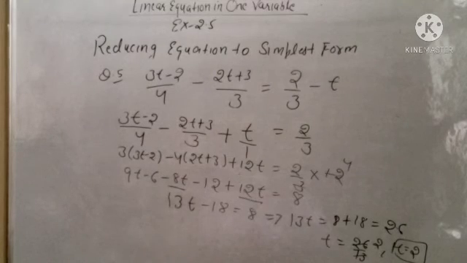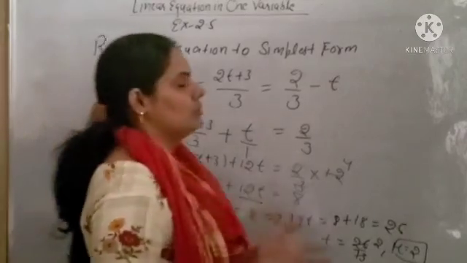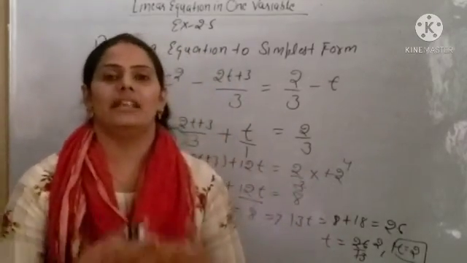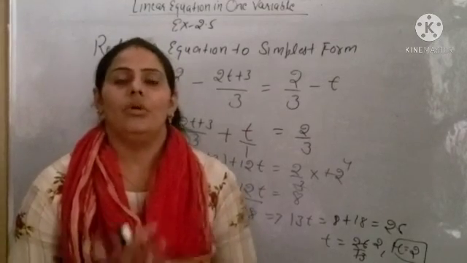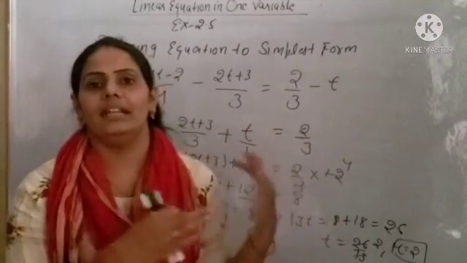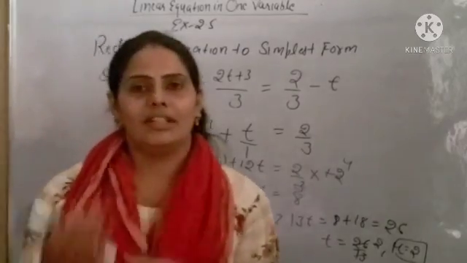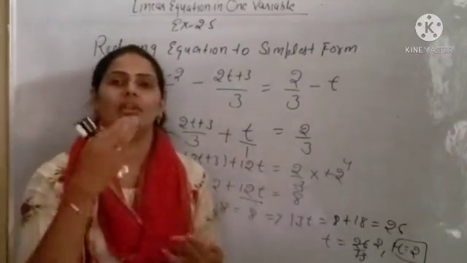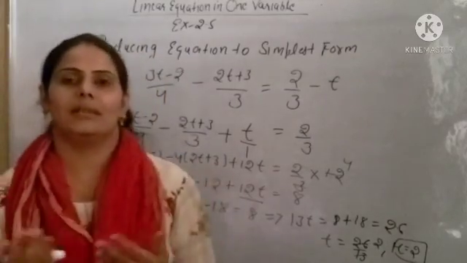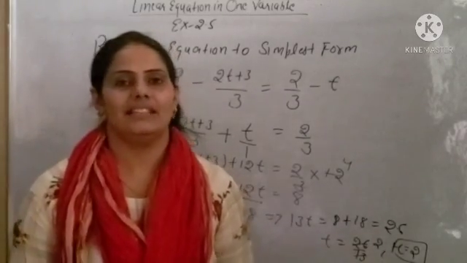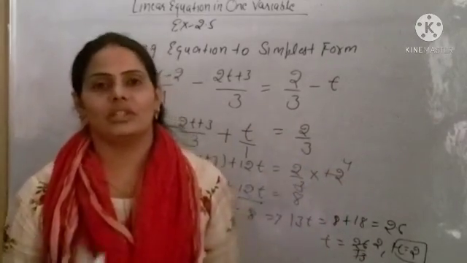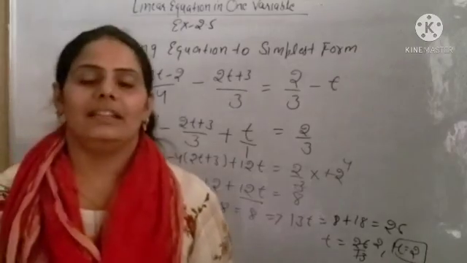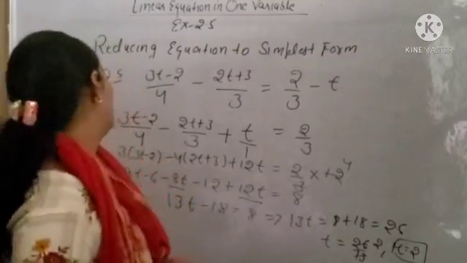So like that you have to solve the reducible equation. How will you solve beta? This type of equation, first step: you will check what is the variable in this equation. After that you have to write all the variable terms one side and all the constant values another side. Next step, if the equation is given in numerator upon denominator form in addition and subtraction, you will solve by taking the LCM. You will get the simplest form, and after that you will solve the equation and find out the value of the variable. So like that you have to complete question number 1 to 5.